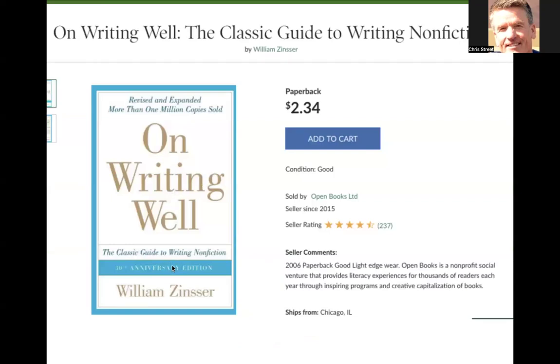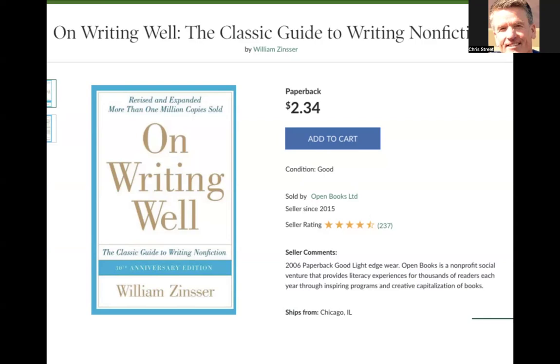It's been around for well over 30 years now. It's the best book I know on writing. I use it in my graduate level writing course that I teach in the summers. It's funny, it's engaging, it's written by a real pro. William Zinsser was a writing teacher at Yale, and he was also a writer. And he wrote books, he wrote articles, and his thing was, how do you grab the reader's attention and hold on to it? And his lessons, his guide to writing nonfiction,